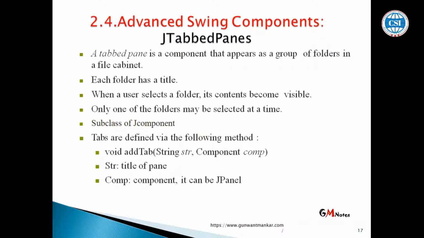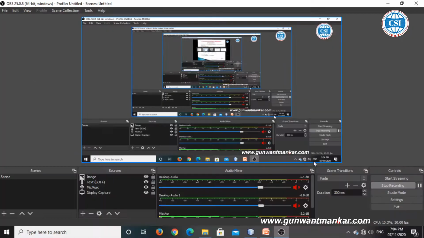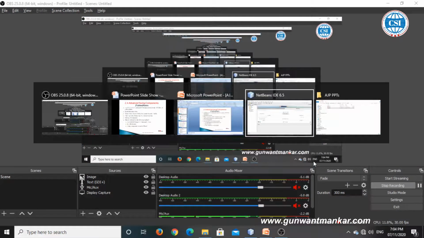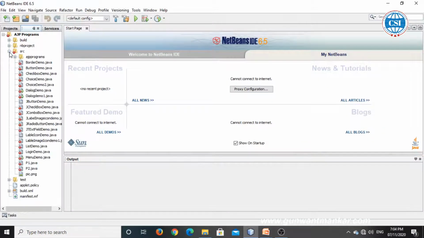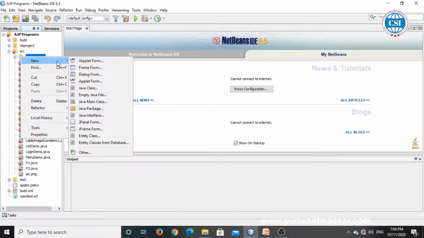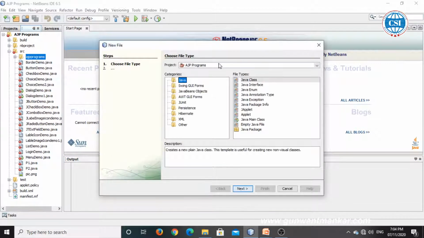Now we are going to see the program, how we can use the JTabbedPane component in the Swing package. Now we go to NetBeans. Click on the source folder and right click on that folder, then click on New, then go to Other, and click on Other.